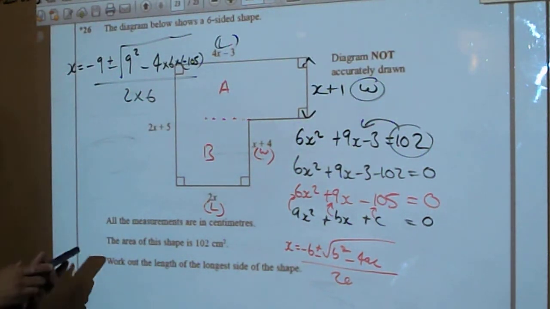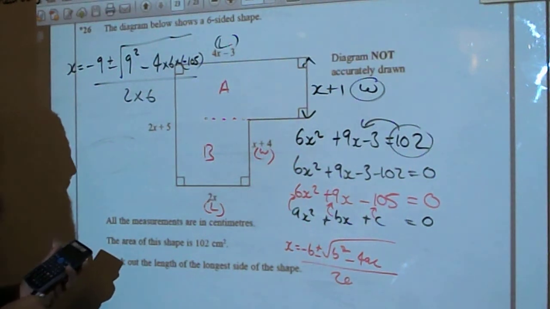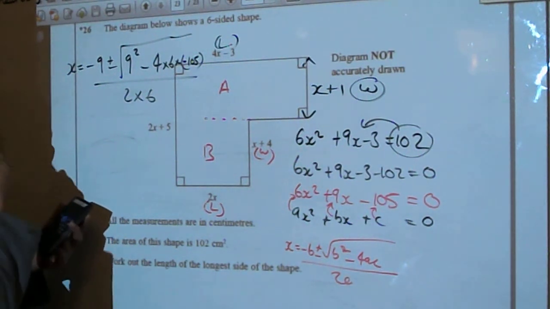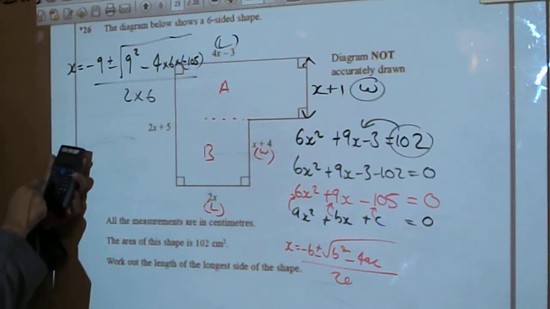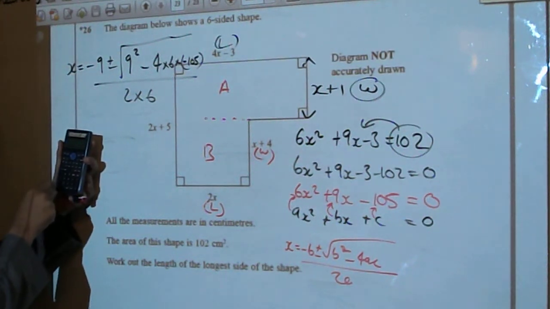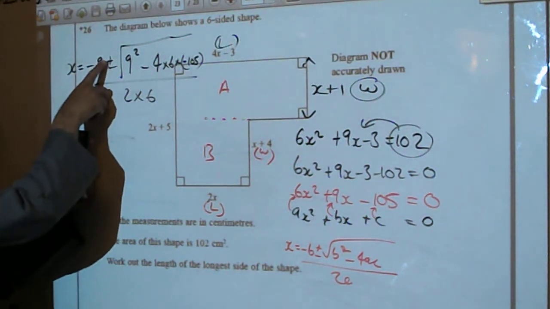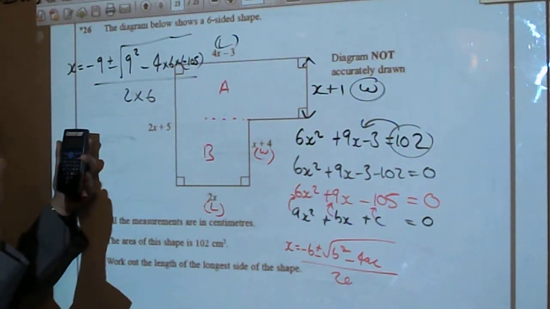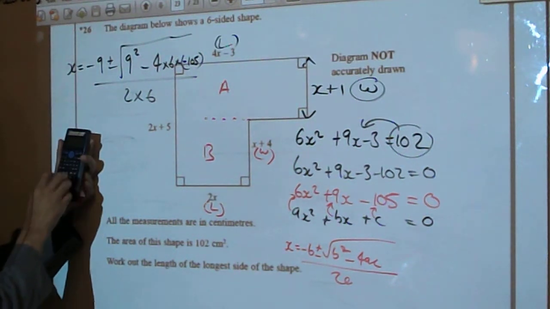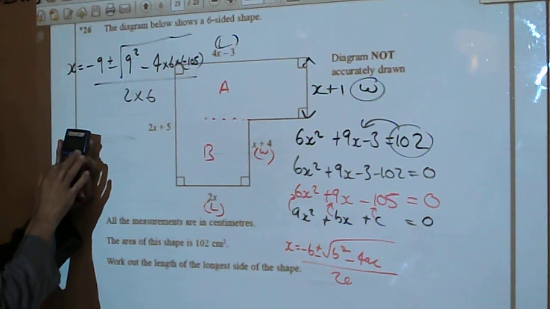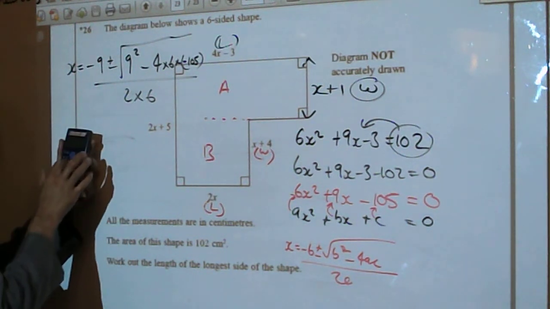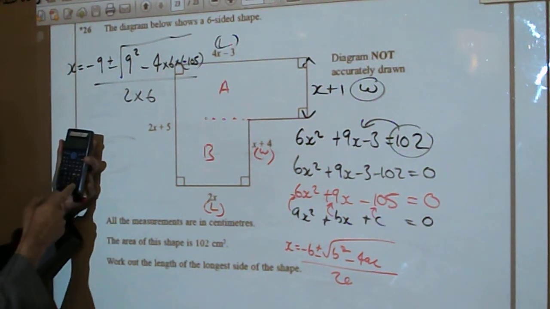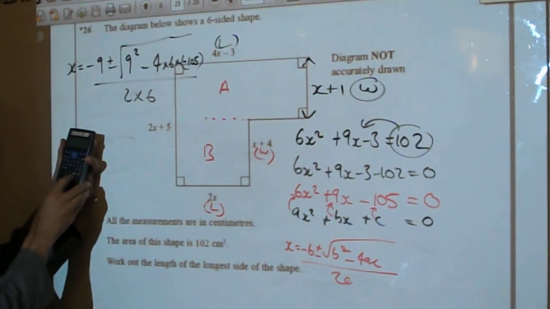Let's put that into the calculator. Let's see what that gives us. Okay, so we use the fraction button first of all. Put in a line. We don't put plus or minus in the calculator because we will put one sign in, so you put plus for the moment. So 9 add, square root symbol, then 9 squared, take away, the normal take away sign. We got 4 times